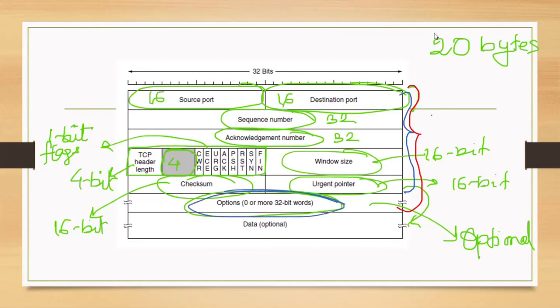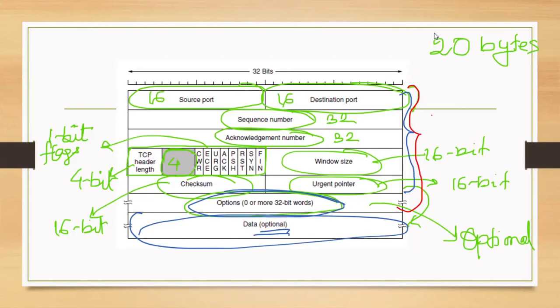If this is not there, then this is 0. Then comes the data part. Now, how big will the data be? Again, this is optional. It may be 0, or depending upon the maximum segment size, which we discussed in our previous lecture. So this is how the TCP segment looks like.